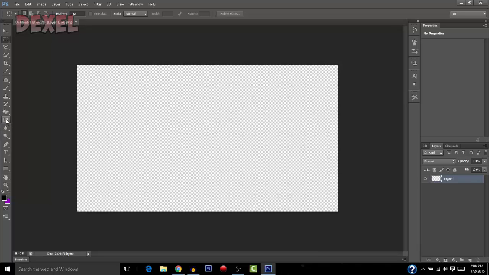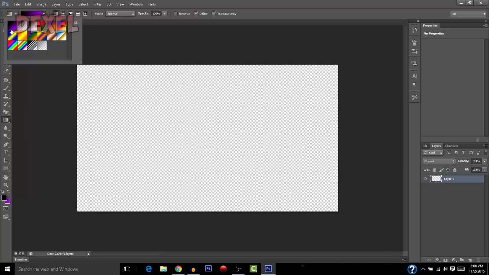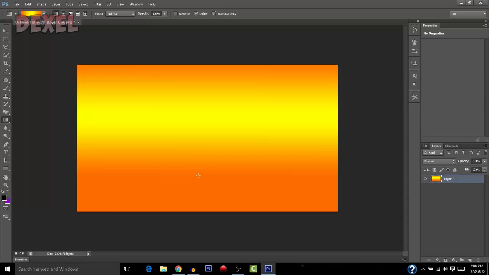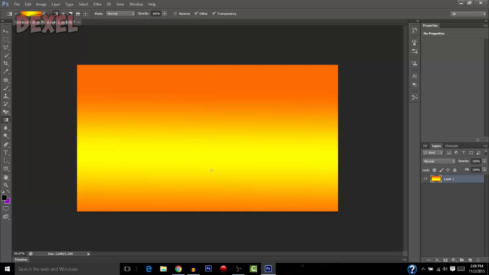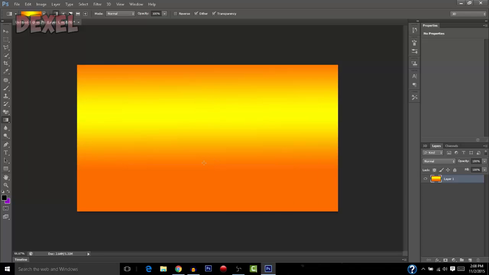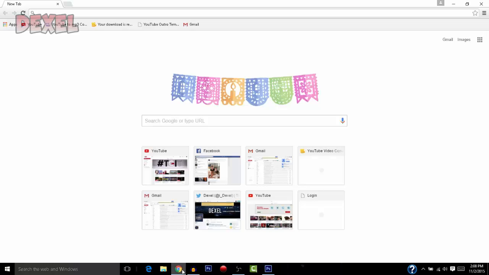So you can do a load of things. You can upload a background, or we can do a gradient. We'll start with a gradient just to show you guys what you can do. So we'll pick this color and basically use the gradient tool, and you can just make a background. So first of all, that's basically what you need for your thumbnails, is a good background. So we're just going to use this background for example, and you're going to want to get a good font for your text. So we're going to open up the internet and go to